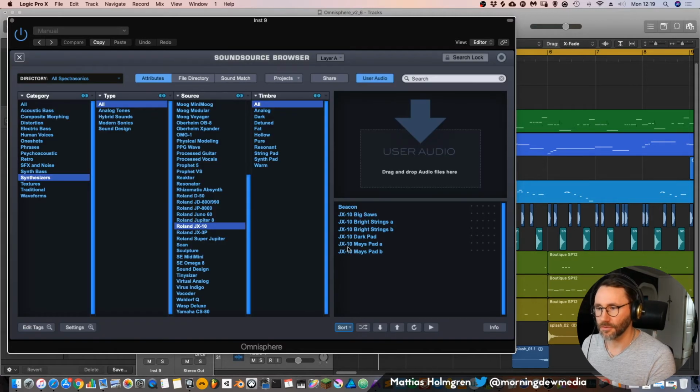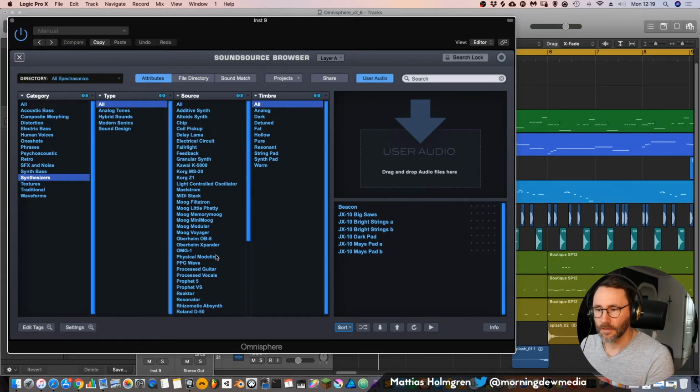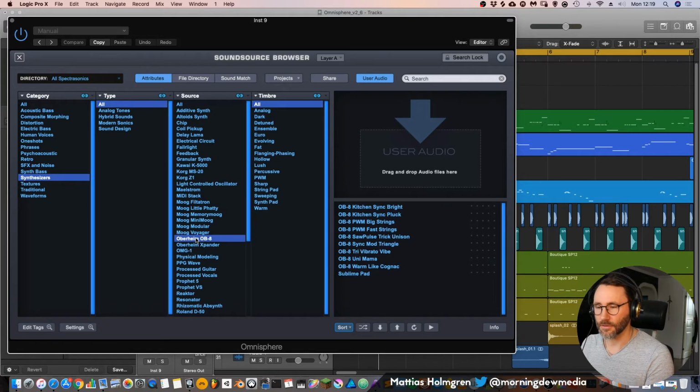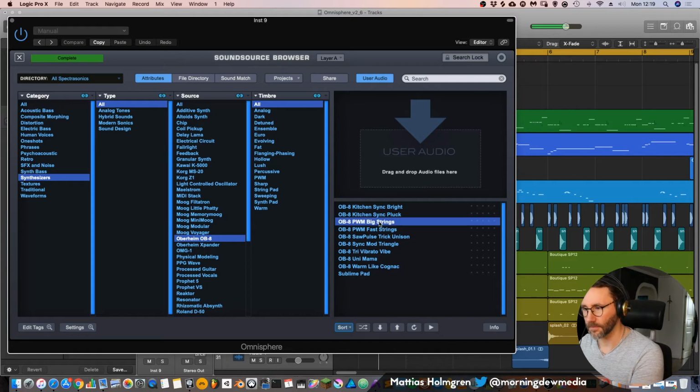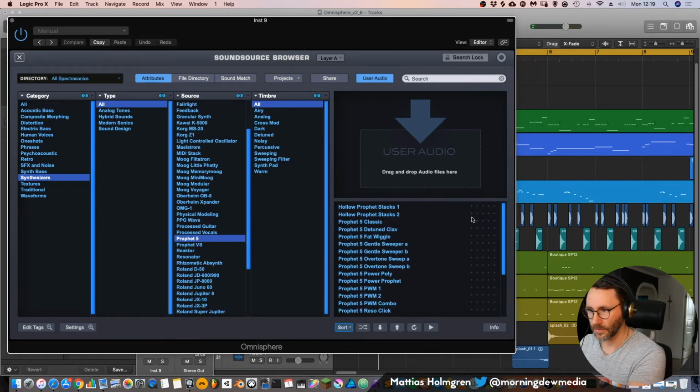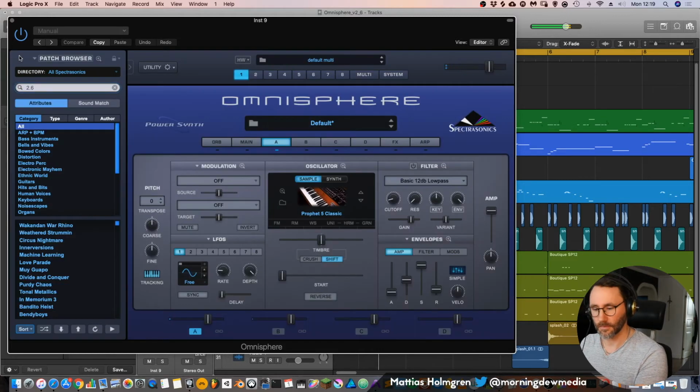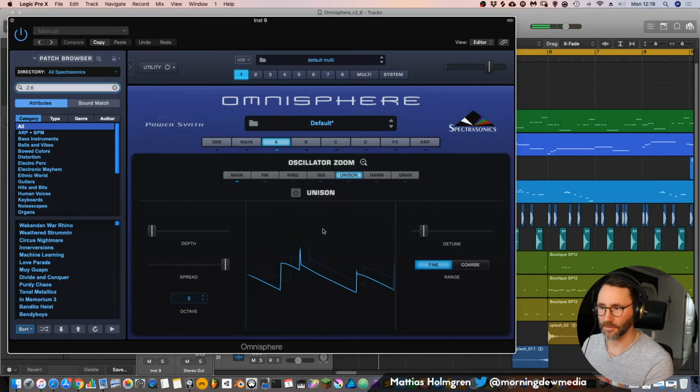Okay, so let's go into sample and find some nice sounds here. Let's look at the Oberheim, the Prophet 5. So we can just activate unison to get a fatter sound, more voices.